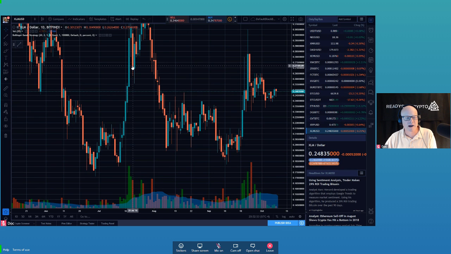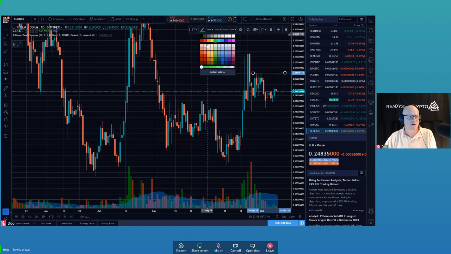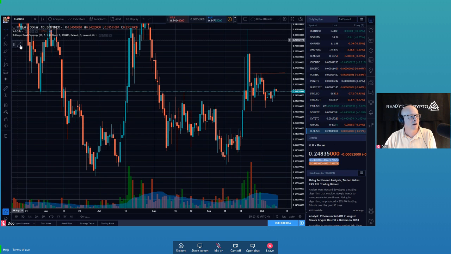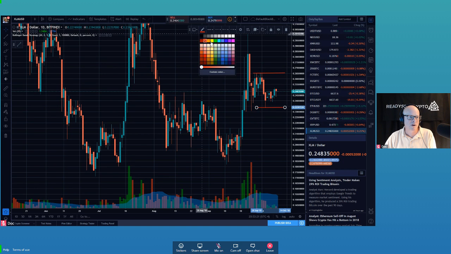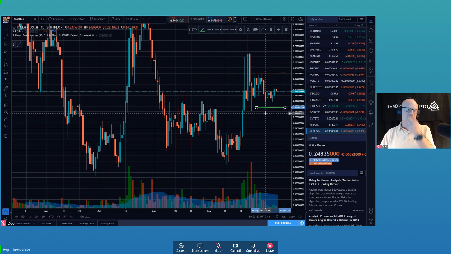What's our lower high? Where's our current swing high? Current swing high is right here, isn't it? It's right there. And I'm going to make that red. And the current swing low is right here. So this is our current frame right now. And let's call that one green. There we go. There's our box.